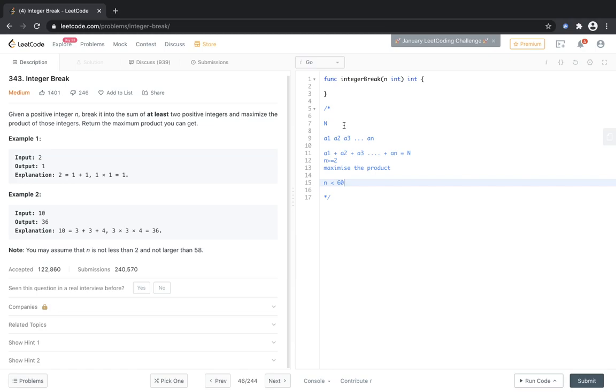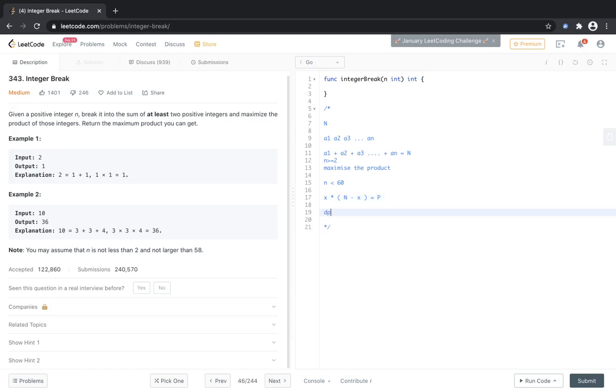So obviously, let's just say that we need to divide it into two integers. Let's not think about whether n should be greater than 2 or anything else. Let's say that it's only 2. If one number is x, the other number would be n minus x, assuming that we are dividing it into two different numbers, and we know that the sum would be n and the product should be maximum. So this is the product and this should be maximum.